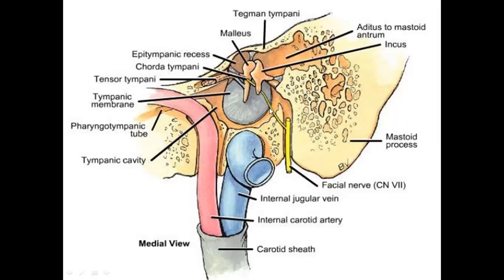So this tympanic membrane is forming the lateral wall. Now look here, this is the posterior wall and this is the chorda tympani. The chorda tympani is a branch of the facial nerve, and it exits through the stylomastoid foramen. So it passes over the posterior surface of the tympanic membrane, over the handle of the malleus, and then it passes through the